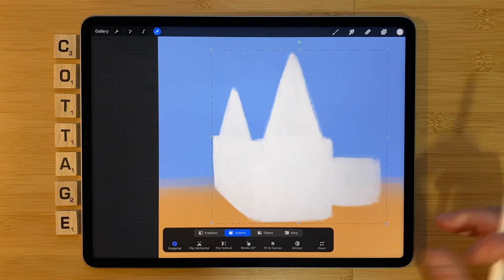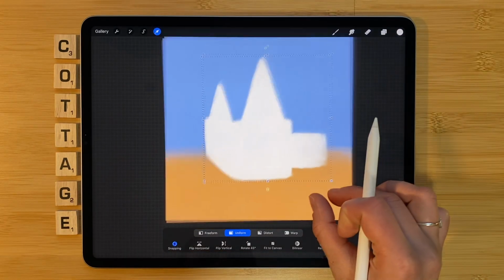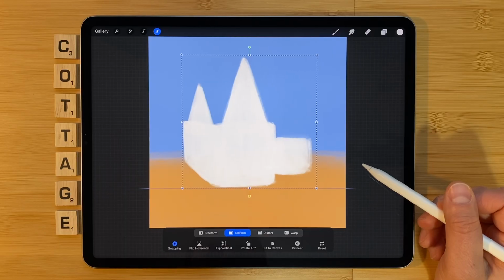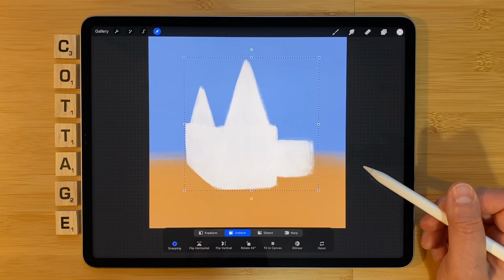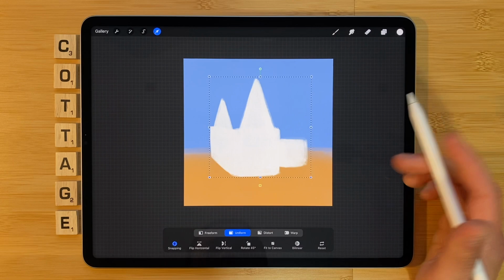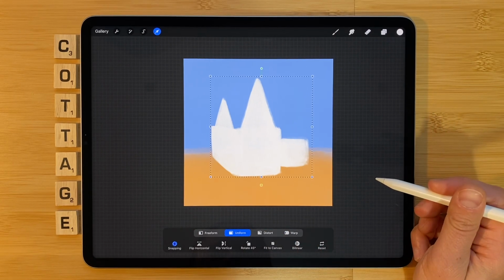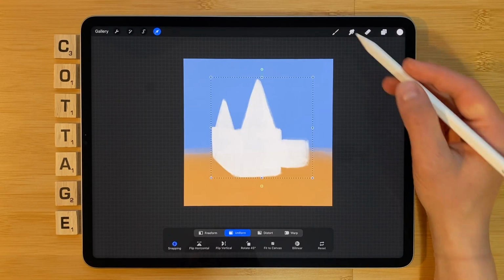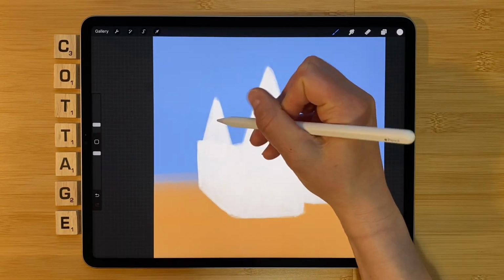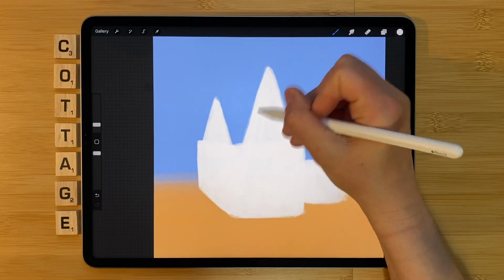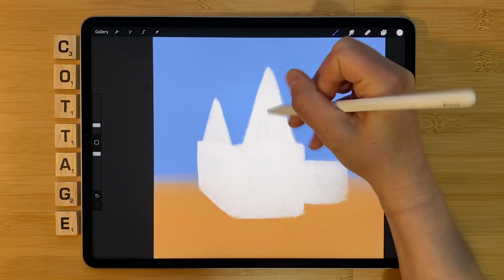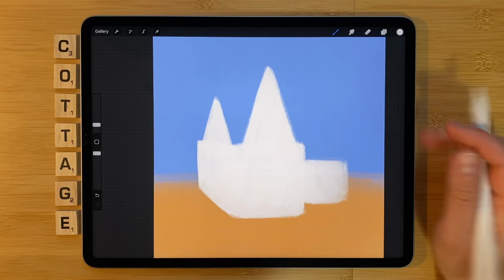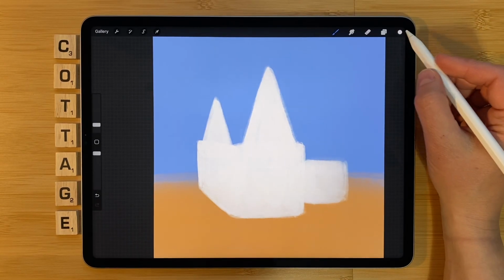Definitely use the arrow whenever you'd like to place it where you'd like it to be to make your composition a little bit neater or how you want it to be. So I would like to have this a little bit more to the left, I think. Because it's on a separate layer, you can change this again at any time. All right, so with this done, or basically done, go to the color circle